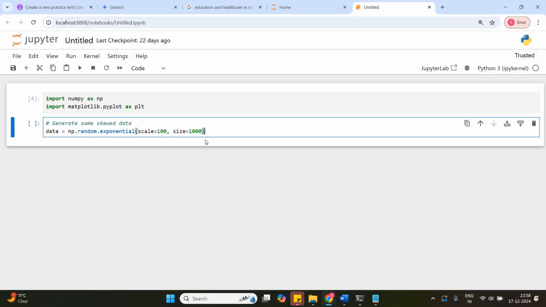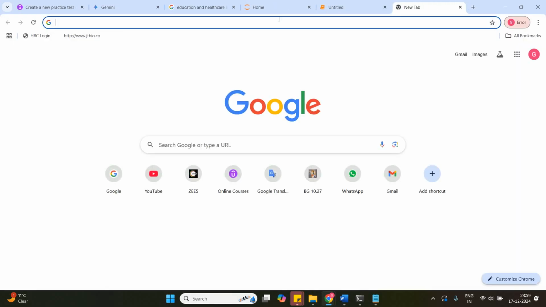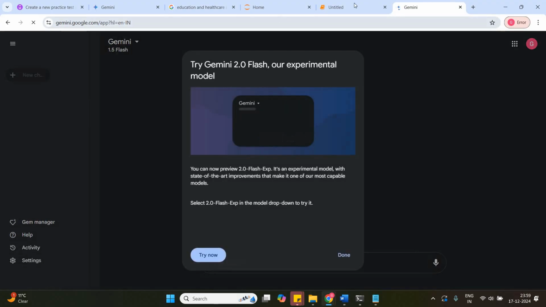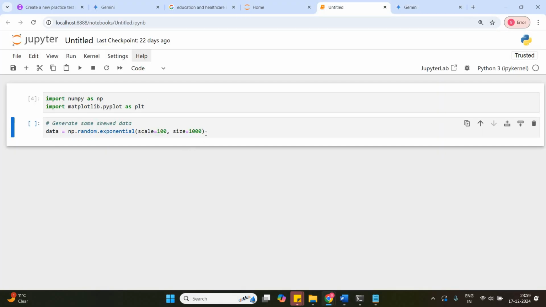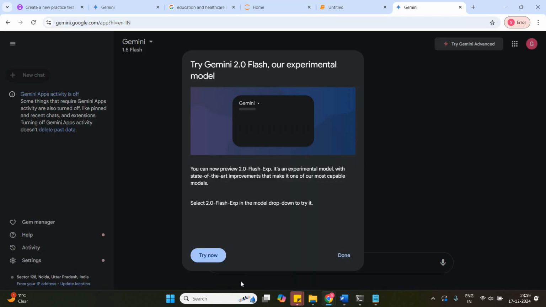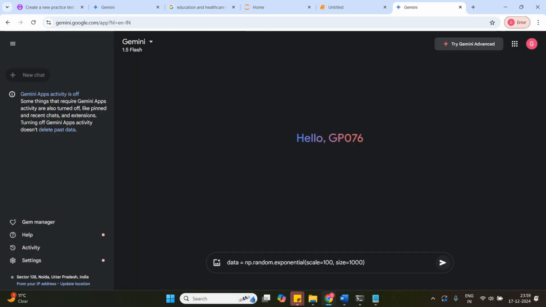And if you want to understand how it generates the data, this exponential function, then today the era is of Gemini, right? The era of LLMs, the AI. So you can simply go to any of the AI like Meta or maybe Gemini. You can simply type this, Control C, Control V here, and just put it here and just write like,